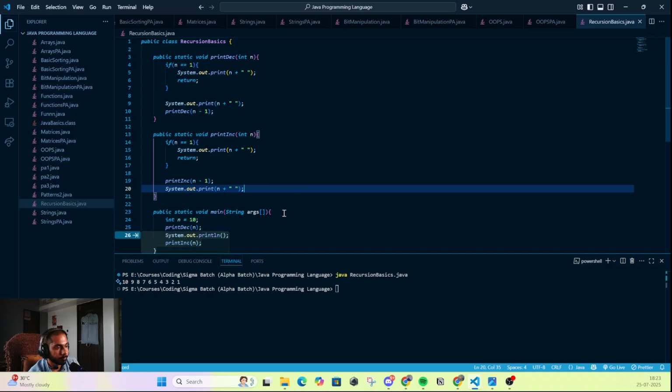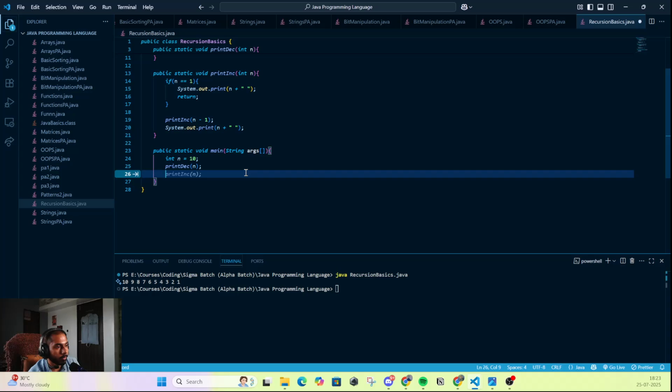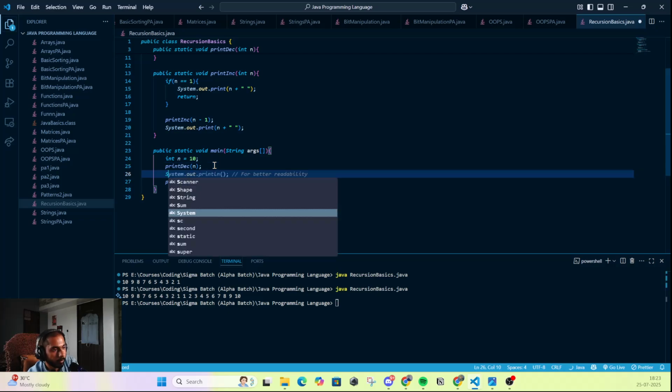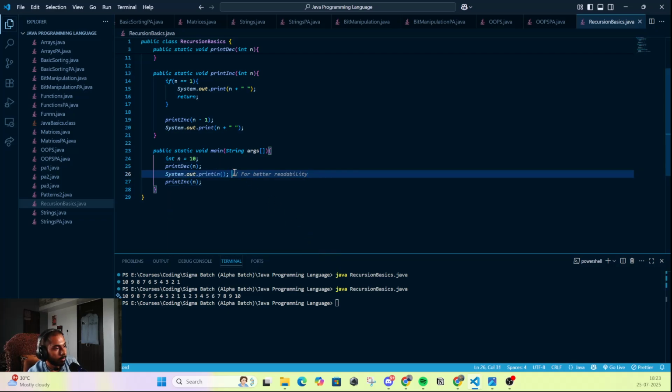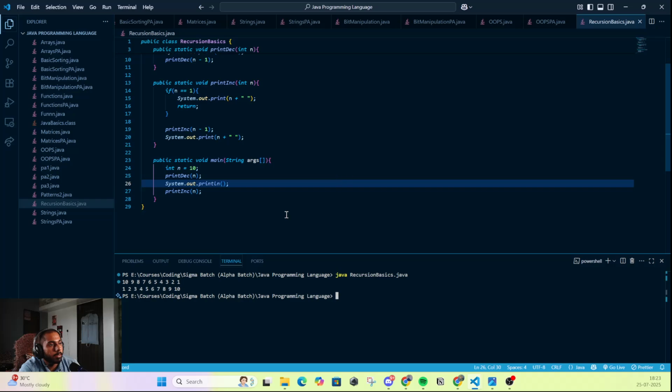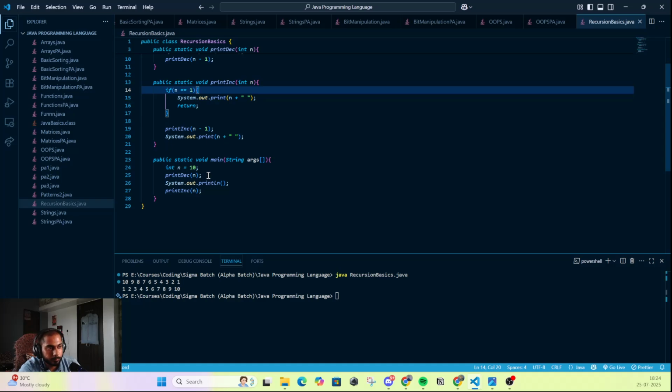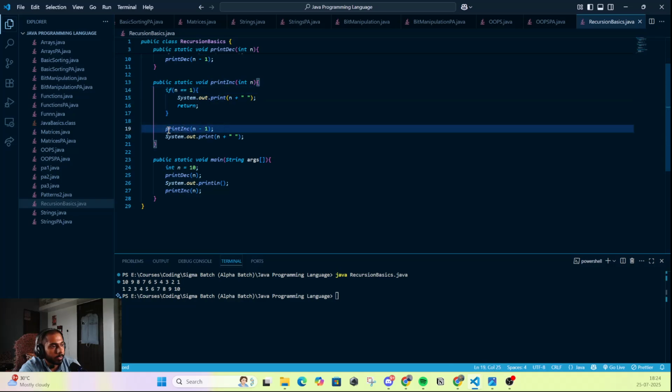Because what we are doing here, let me just run this and let me remove this. I know it's for better readability. Okay, so what is happening is that we know the base case, that is 1, and what we are doing here is that we are calling this print increasing function for n minus 1 again and again and again.